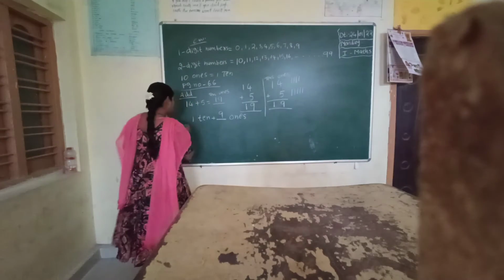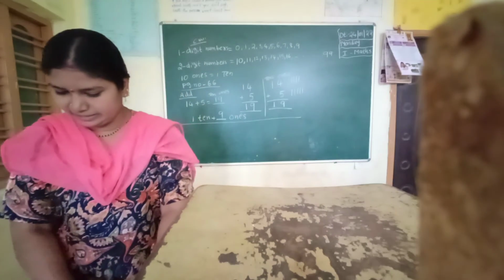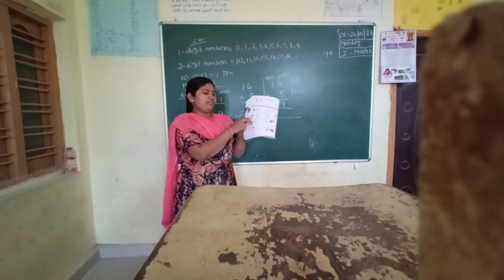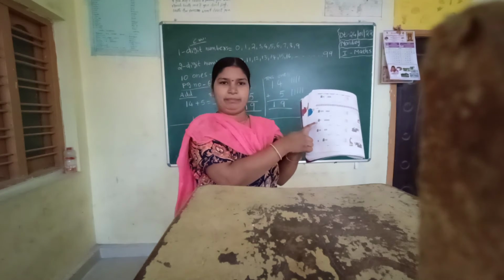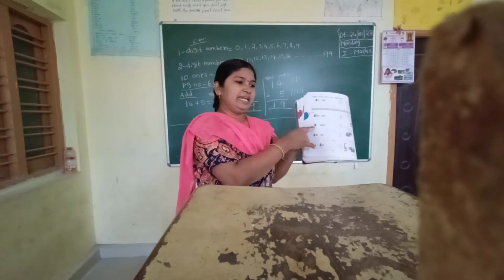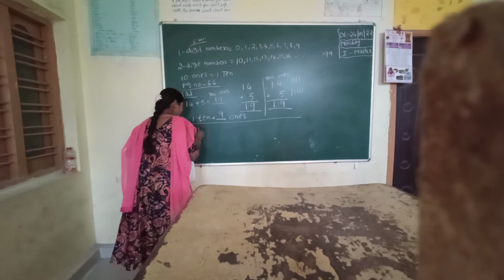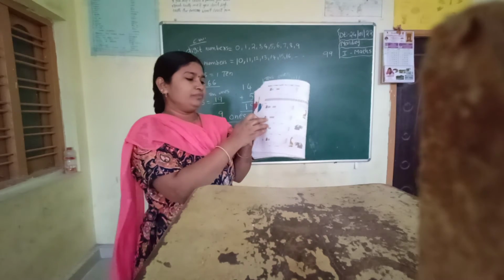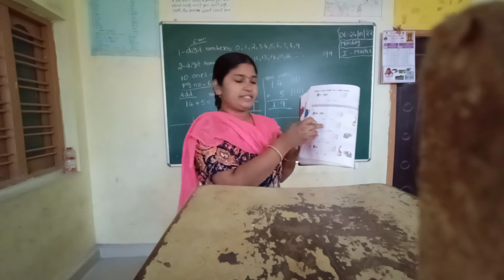Next, one more question. In your textbook, one more question is there. That is 11 plus 7. 11 means they have given one bundle of pencils. One bundle is known as 10 pencils. 10 plus 1, beside it only one pencil is there. 10 plus 1 is 11. Plus, next, how many single pencils are there? 1, 2, 3, 4, 5, 6, 7.